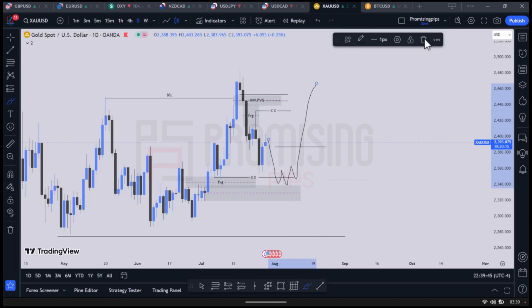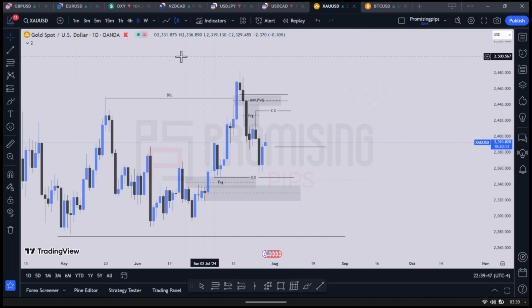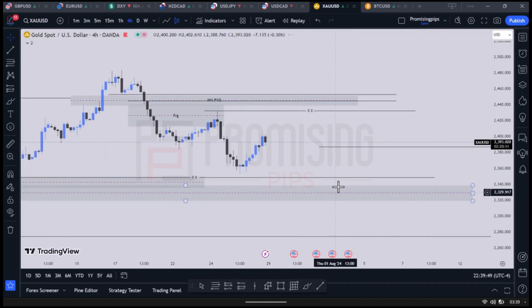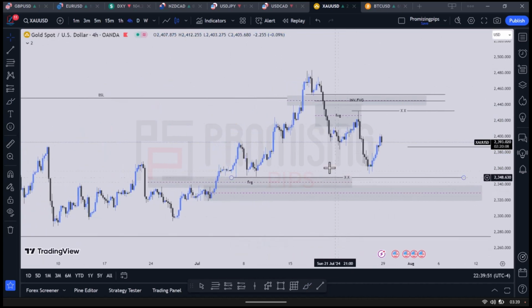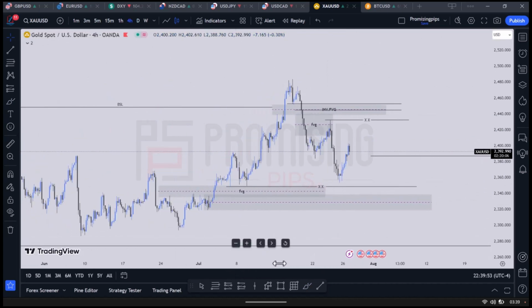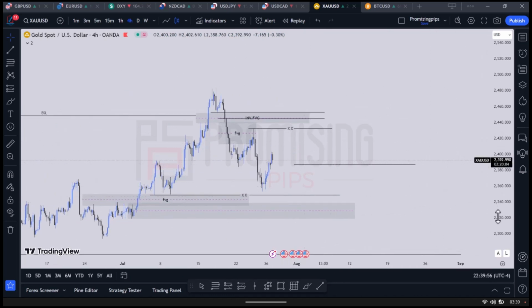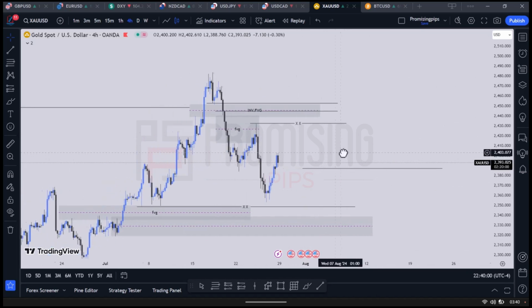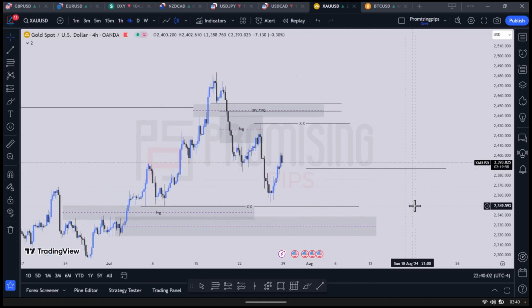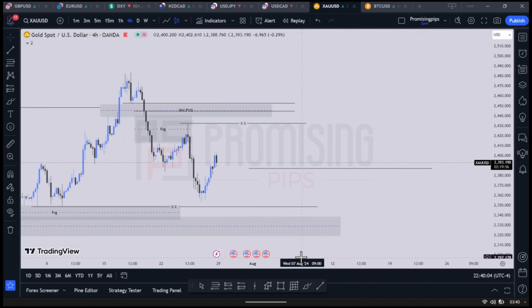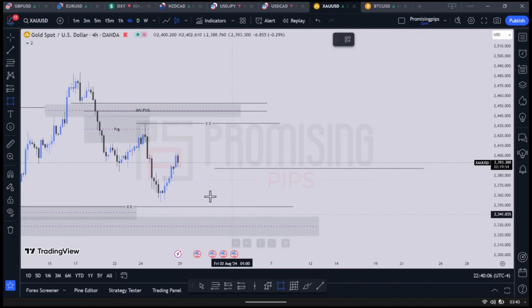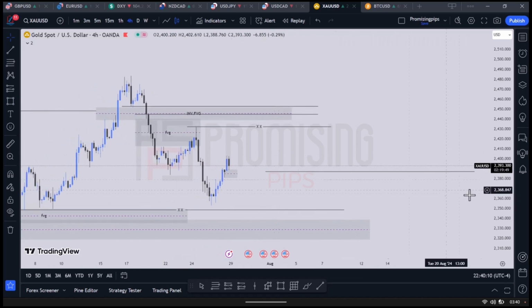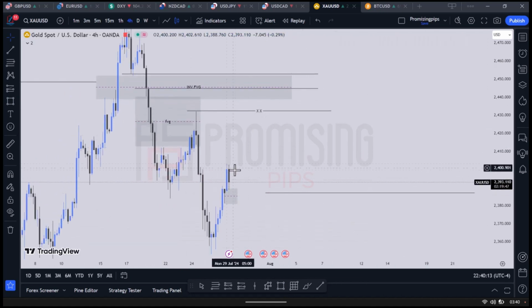So guys, that is also my approach. If we move to a lower time frame, now looking at this, we are seeing a nice option. If I want to buy right now on the smaller time frame, I think I'll start from this zone. Now this is an order block. If I want to buy to this buy side liquidity, right?